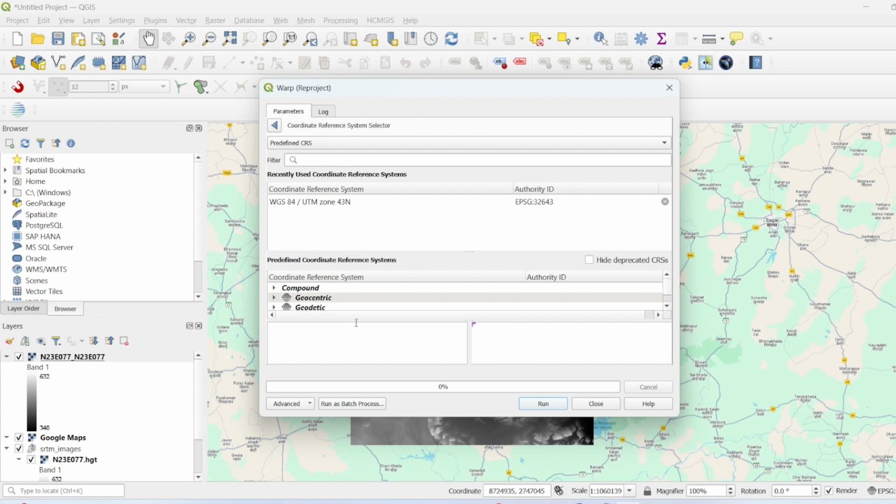Click on predefined CRS and write in the filter zone WGS 84 and select projected. Click on this and select Universal Transverse Mercator UTM and click on the drop down. Here you will find the UTM zones. The UTM zone of my area is 43 North, so I'm selecting this